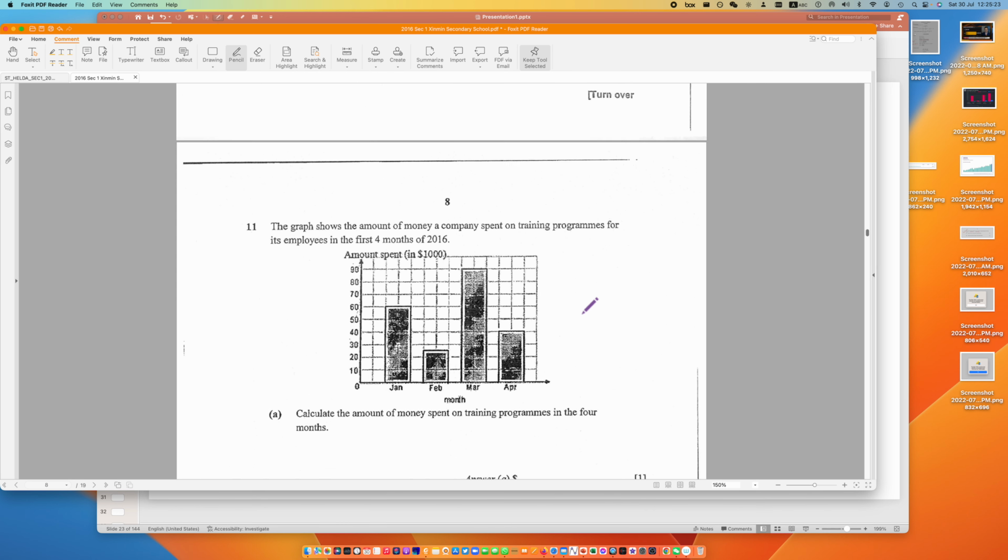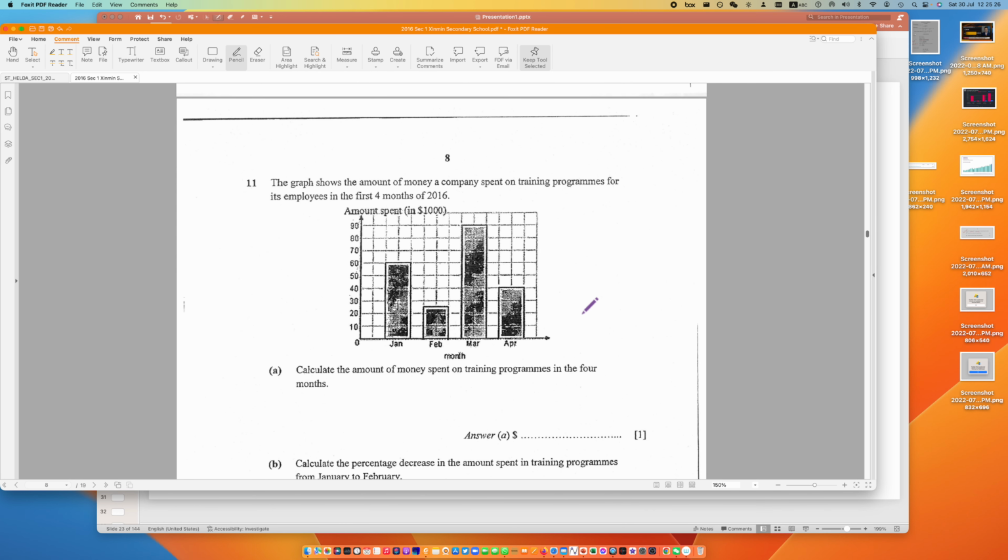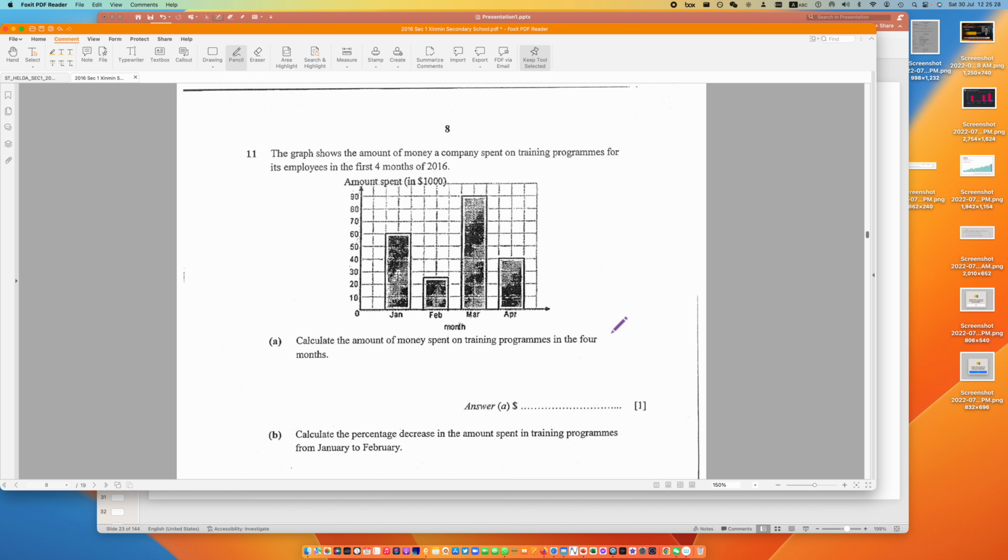Yeah, 1 mark. Because it's so simple, that's why it's 1 mark. 4 months. So basically you add the 4 months together. 2150. Okay, so you must read. First thing, by the way, is 1,000, I know. So it's 60,000. So your answer is 215,000. So basically you need to add the... There is 1,000, 3 zeros. Yep, 3 zeros.